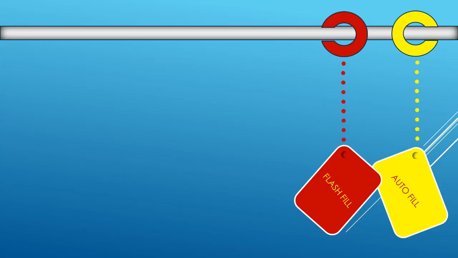After that, no need to type it. After that you type some names, first name and second name alone. Then in the third column, just press the Ctrl plus E button. Automatically all the column is filled with the first name, second name, and at gmail.com. You can understand that the first cell alone you have to assign. After that, the second, third, fourth, all the column fills automatically. That is called flash fill.